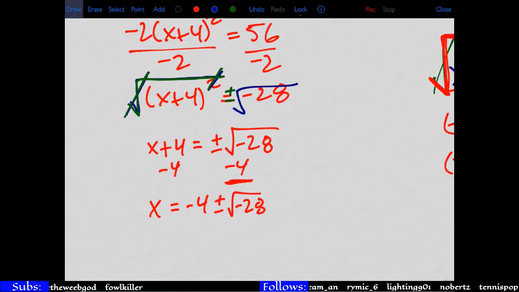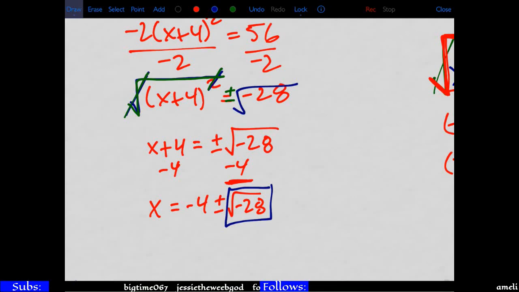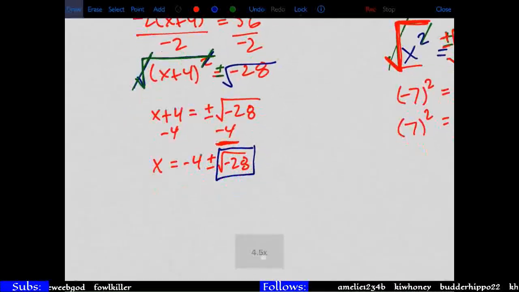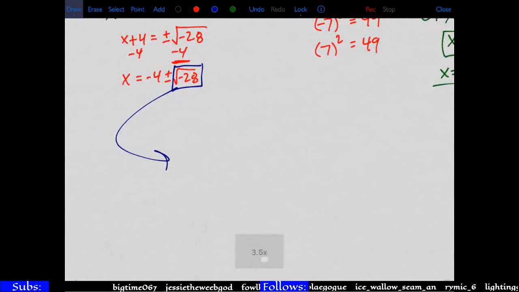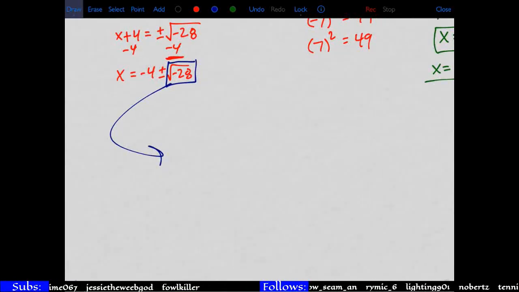All right, last thing to do here is simplify this guy. You may have heard your whole life in math that you can't square root a negative. That is not true. It's a lie. Your whole life has been a lie. Let's show what this means. Square root of negative 28. So, square root of a negative number,